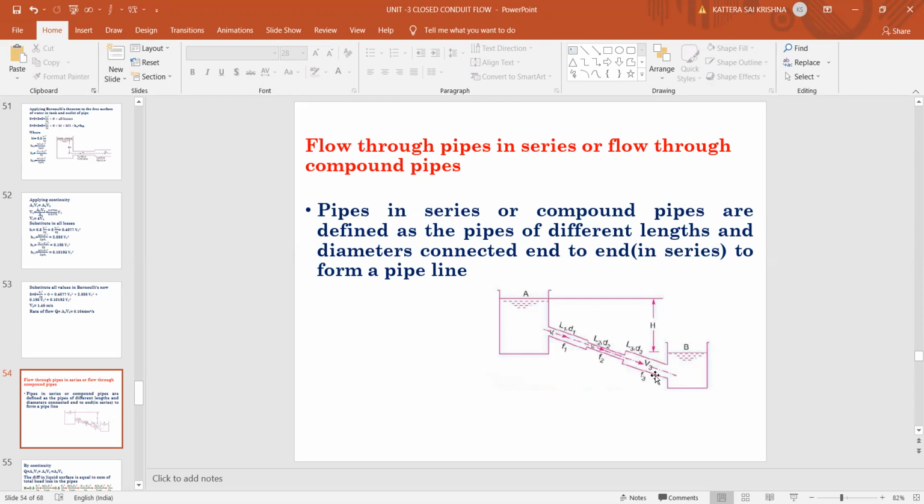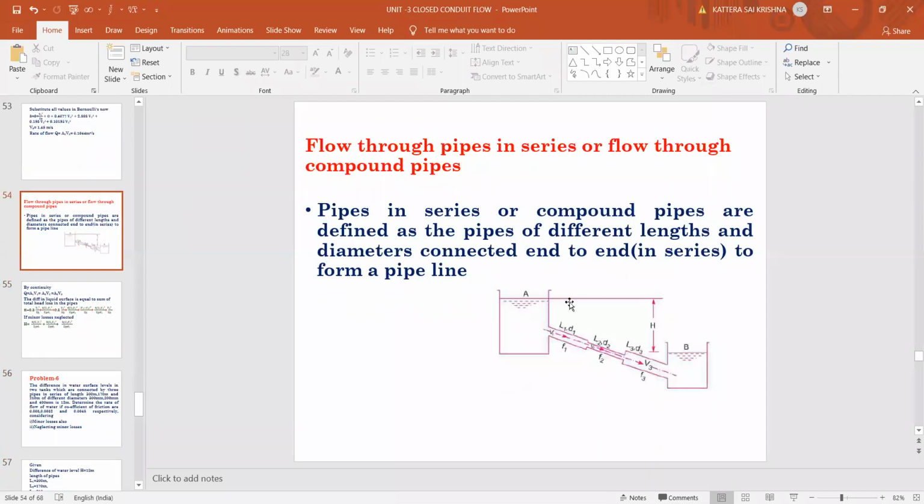When a problem is given in this way, when a series of pipes is connected to reservoirs, we need to find what the unknown term is that is being asked. Whether he is asking to find the difference of the fluid H, or we need to calculate any unknown term if the head is given to us. So this is the thing.